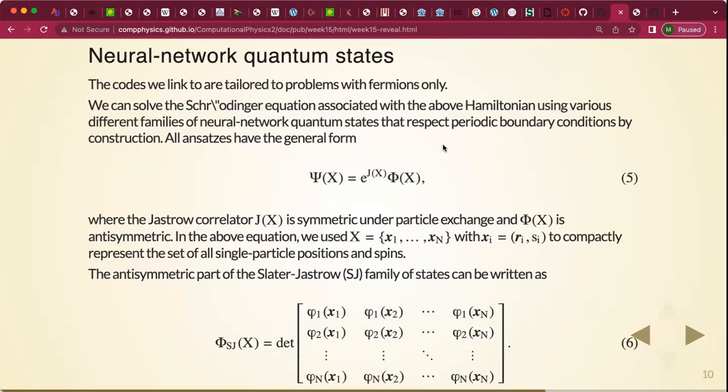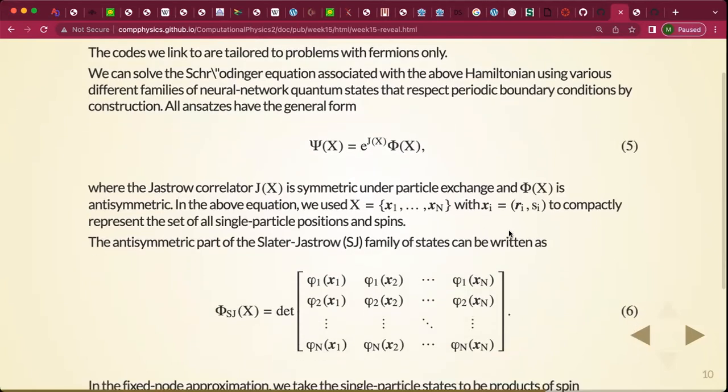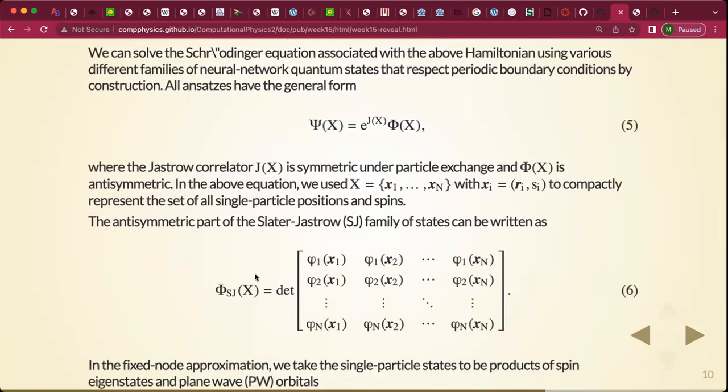So you can set up a simulation box with a given number of particles. You can have periodic boundary conditions or other types of boundary conditions. And then you would define a trial wave function, which now contains a so-called Jastrow factor, which is a positive definite object. So that means that it gives a symmetric contribution to the trial wave function. And then you can have a so-called Slater determinant or Slater-Jastrow type of determinant, where you then would simply have